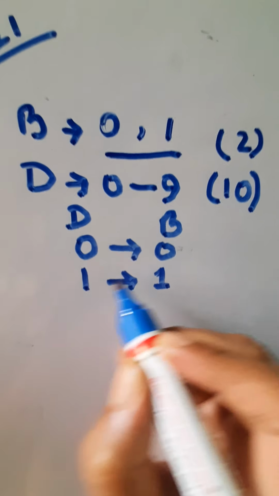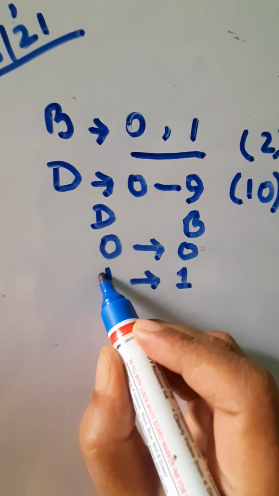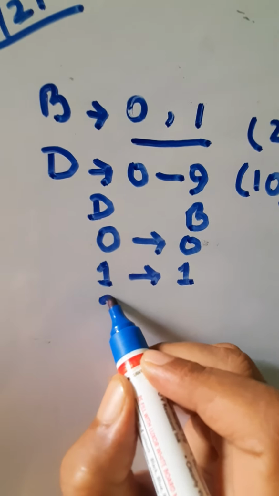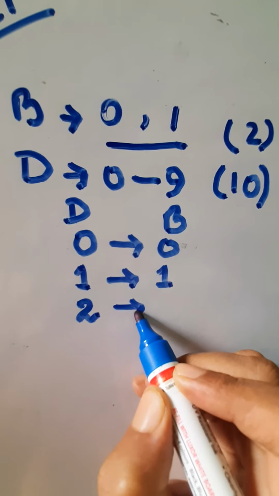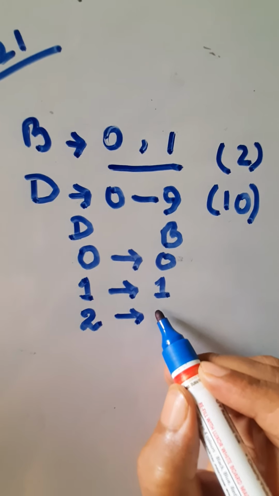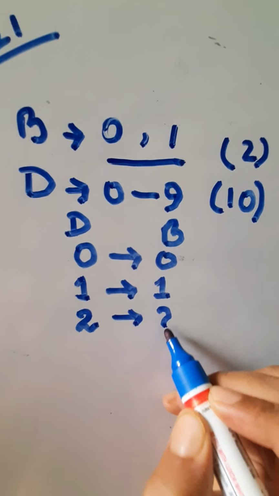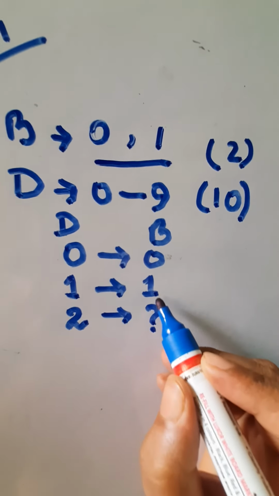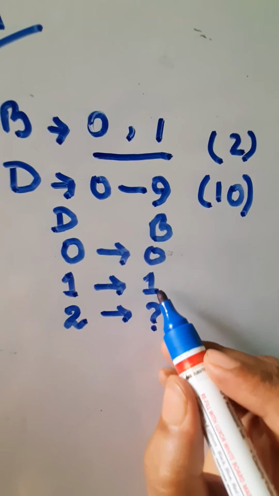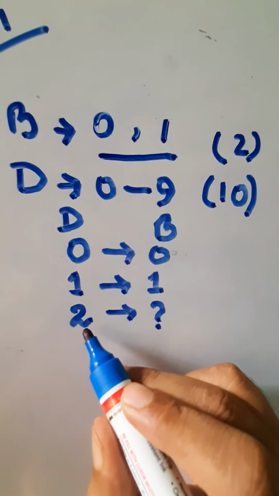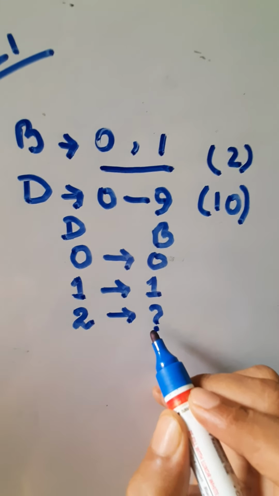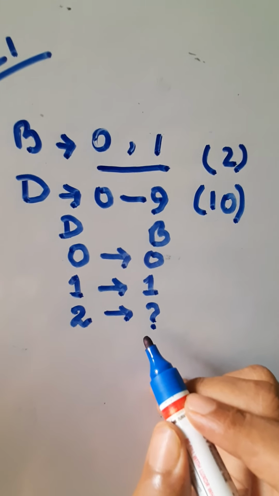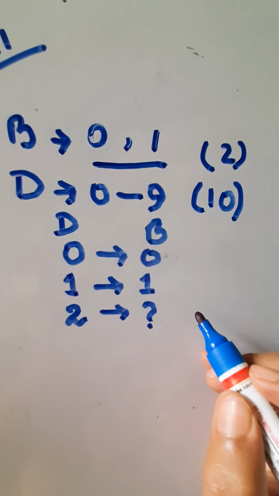Now the question is, with the help of this, what technique can we use to represent the number 2 of decimal by binary, because binary has only two numbers, 0 and 1. We have to represent the decimal number 2 in binary. Is it possible? Let us check how we can write that in this video.